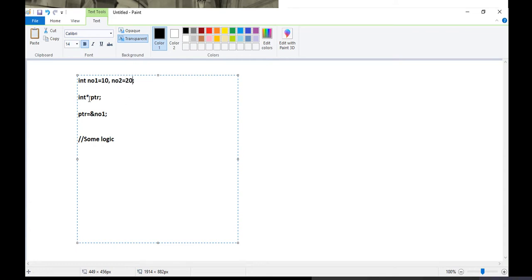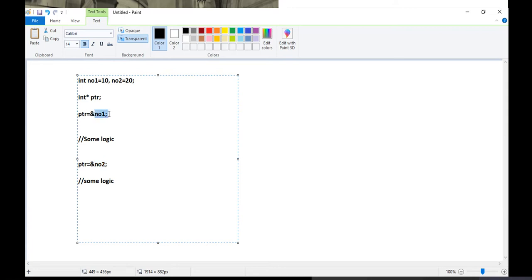Okay, now can I use this same ptr with number 2? Yes. Why? Because the type of number 2 is integer and the type of my pointer is also int. So I can simply write ptr equals ampersand number 2. Now, if I write some logic with ptr, then this logic will be for which variable? Number 2.